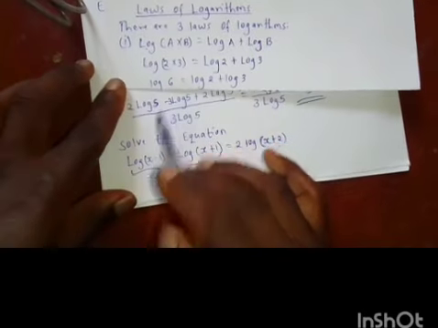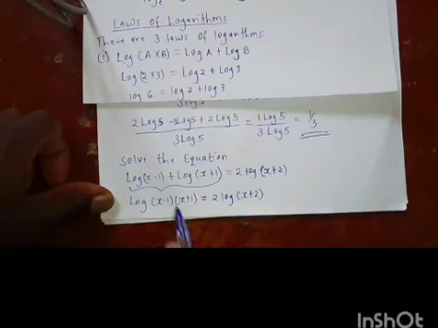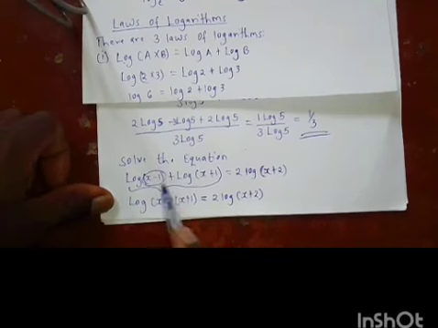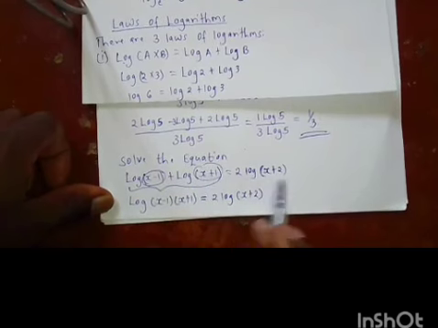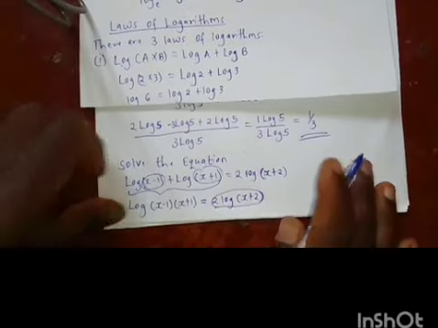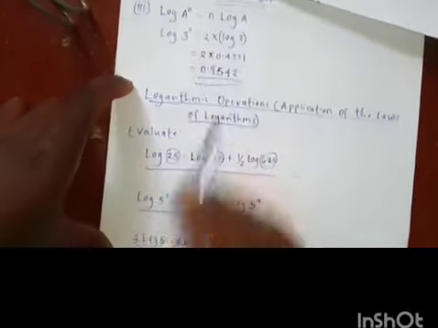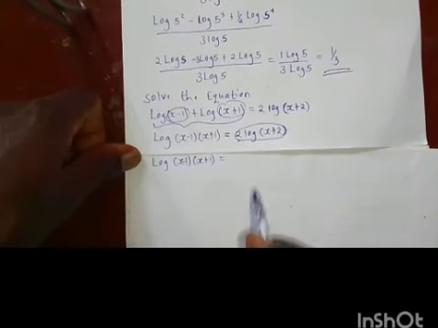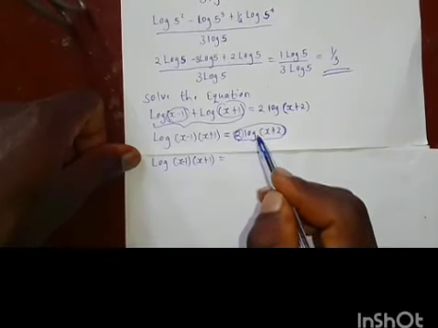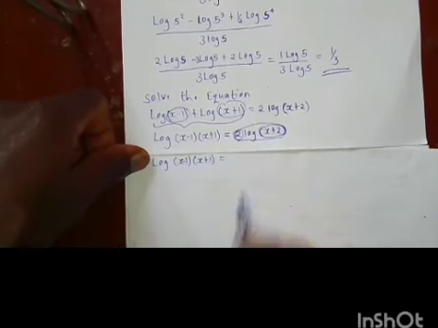So we can write this one as the log of the product of these two numbers. We also consider this side and we apply the third law of logarithms. From the third law, this 2 now becomes the index of this number. So it is written as,